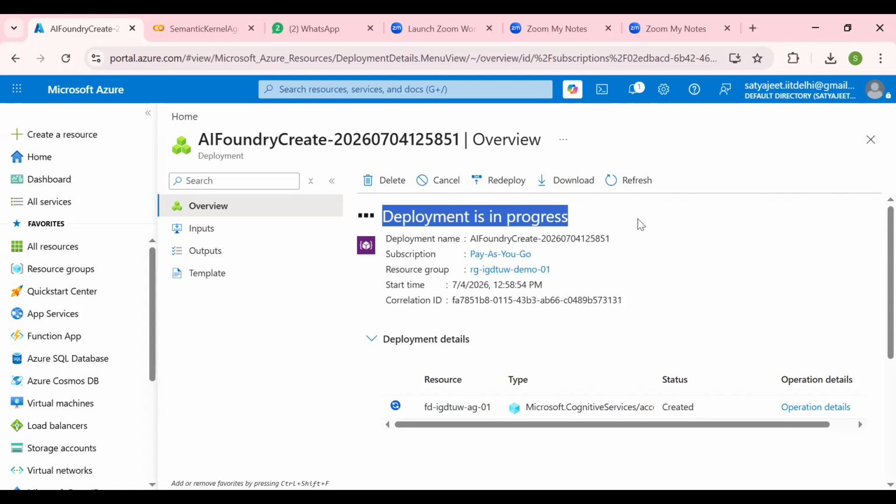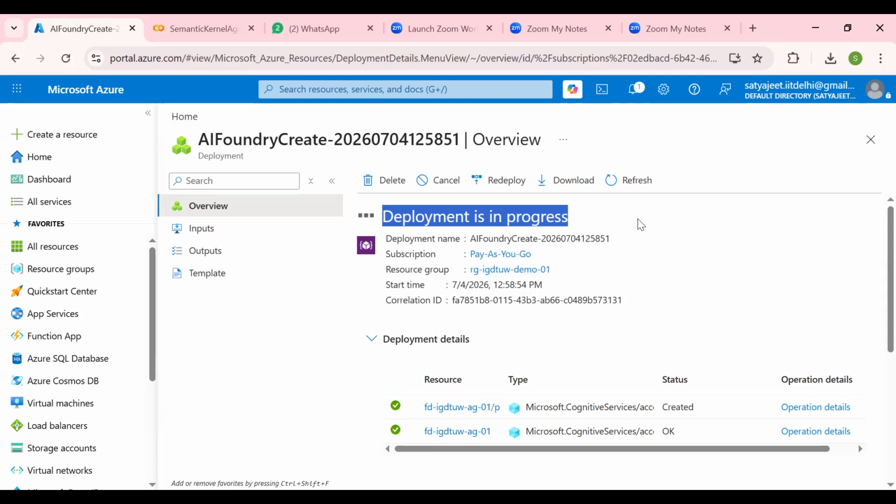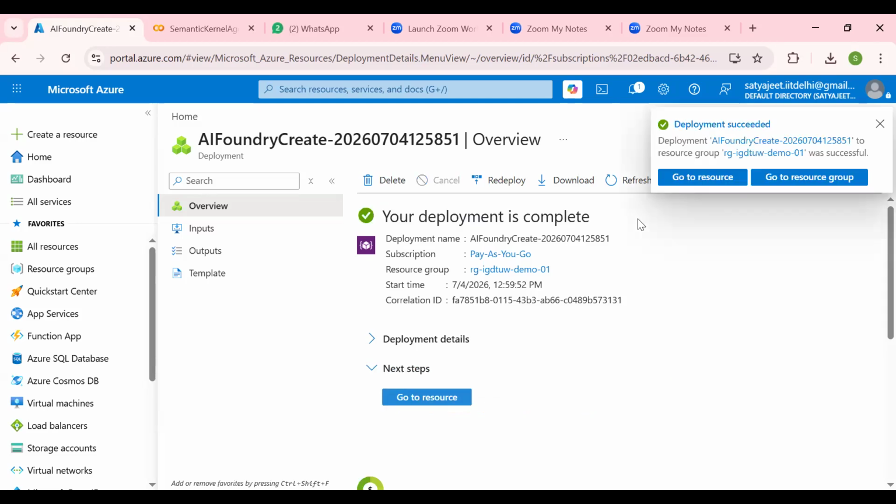The deployment is still in progress. Let's wait. Okay, it's completed. So go to resource now.